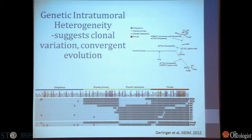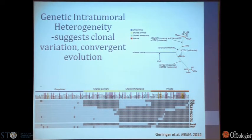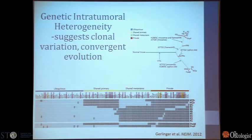Well, a group at the Sanger Center published on a small number of tumors that when they sequenced these tumors, they find that while there are some mutations that are ubiquitous, meaning the mutation is found in all samples across the primary tumor and in the metastatic tumor, there are mutations that are private. There are mutations that are common only among the primary samples, and there are mutations that are common only among the metastases, and there are a lot of mutations that are unique to the individual sample. And so this makes a whole new level of complication as we move toward personalized therapy, in particular therapy that's